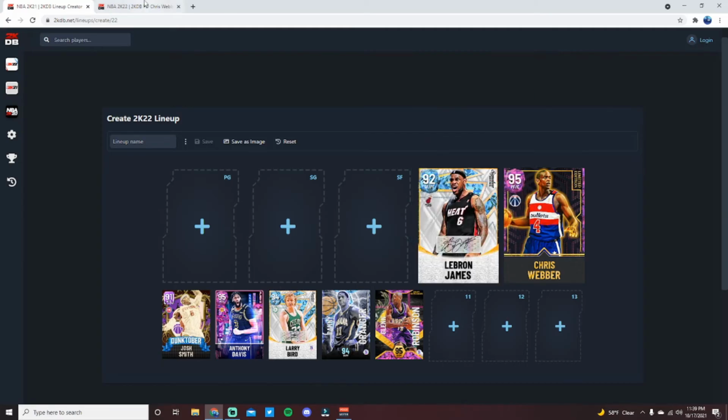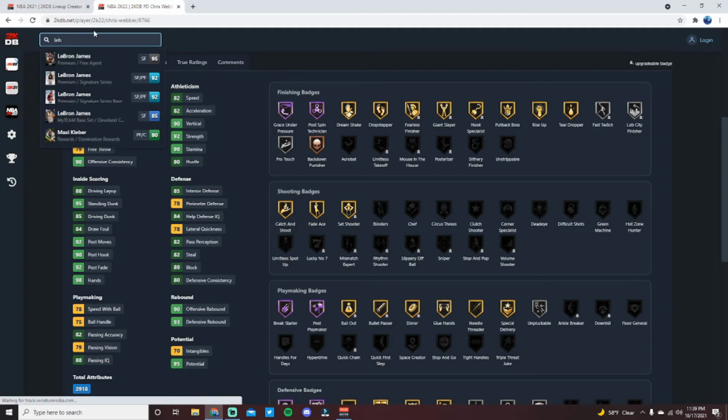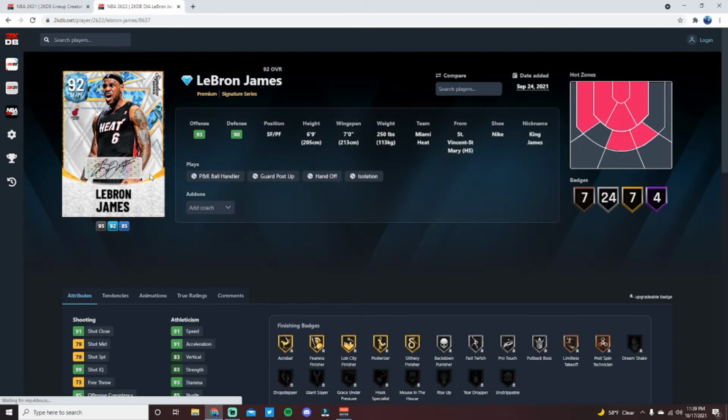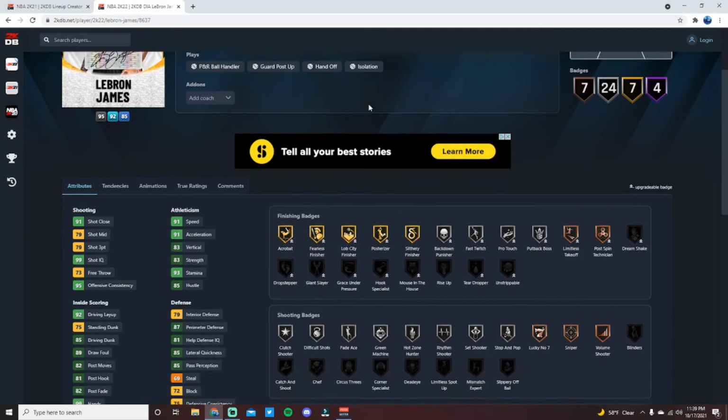He is my backup power forward on my main God squad right now, but I think he is just a super good all-around card. Another guy who I feel like plays defense at an incredibly high level, one of, if not the best defenders on this list, in my opinion, just with the way his defensive animations are. He's got 93 offense, 90 defense, 6'9" with a 7-foot wingspan, super solid size at the power forward position, 250